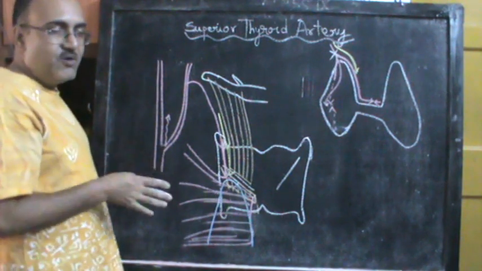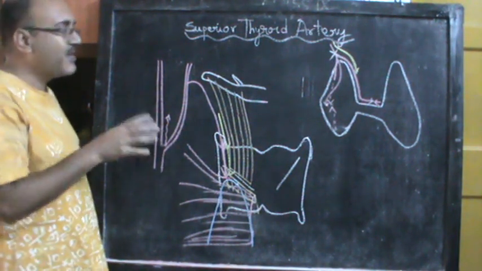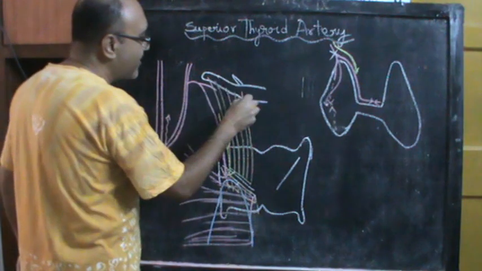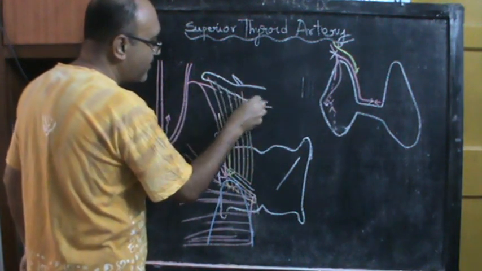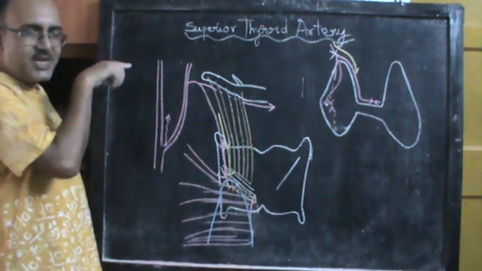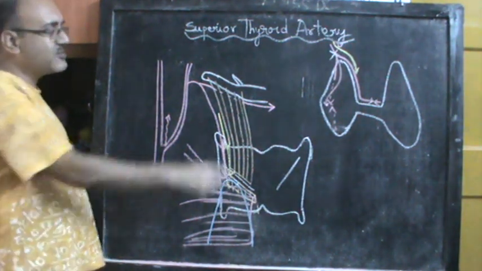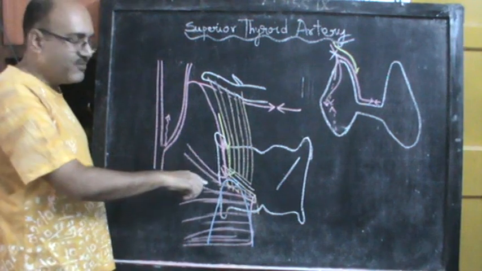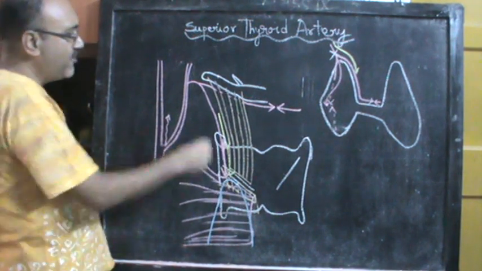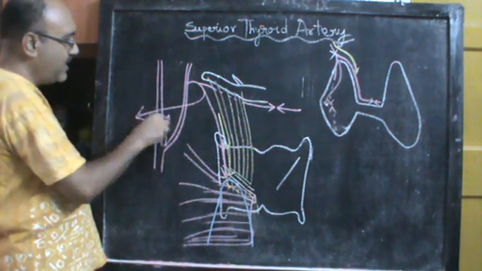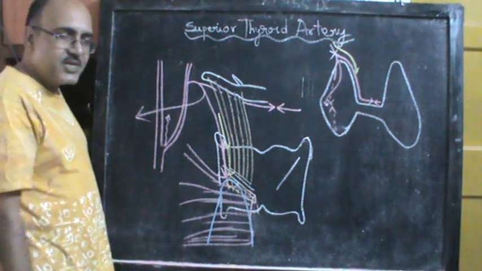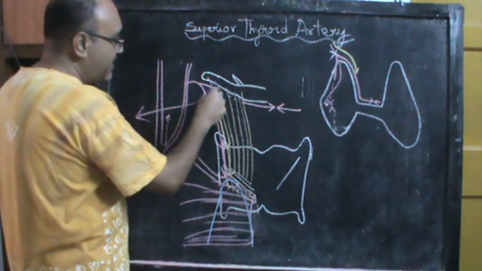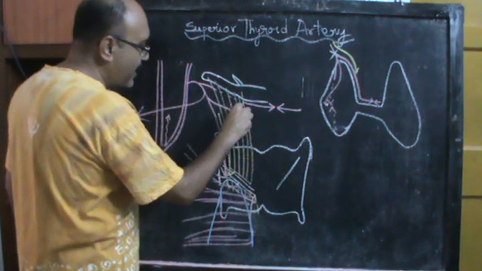Now apart from the thyroid, what other structures does the superior thyroid artery supply? You have here the hyoid bone. So let us tell you now that it supplies an infrahyoid branch. This infrahyoid branch passes along the greater cornu of the hyoid bone and anastomoses with its fellow of the opposite side. So this is one additional branch. Apart from the glandular branches, you have one infrahyoid branch. Not only that, you have a sternocleidomastoid branch which crosses the carotid sheath and comes posteriorly to supply the sternocleidomastoid muscle. Not only that, the superior thyroid artery also gives a superior laryngeal branch.